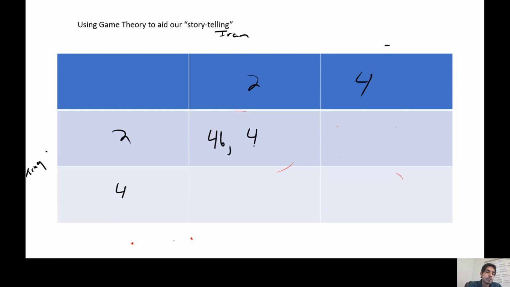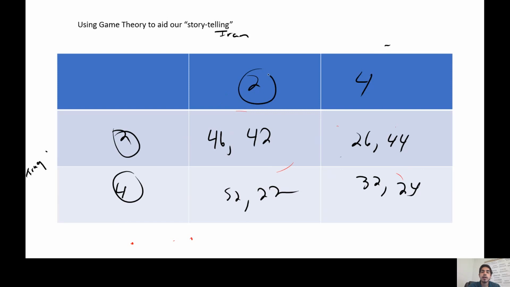And I can talk about that model later, but I'll just put numbers here. This is from like a textbook, 26, 44, 32, 24. And then I'm going to say these numbers in the center represent payoffs, right? These are in millions of dollars. These represent Iran can either choose to produce 2 million barrels of oil or 4 million, Iraq 2 million or 4 million, and you can see the payoffs inherent to them.